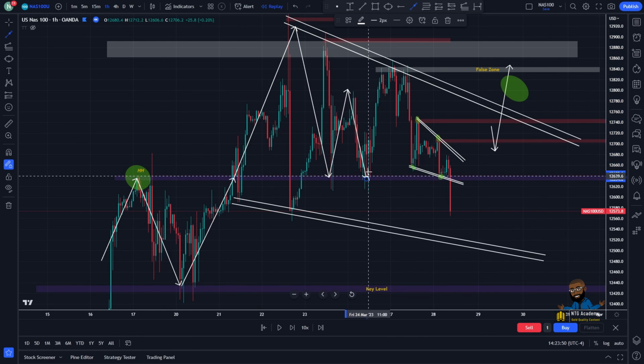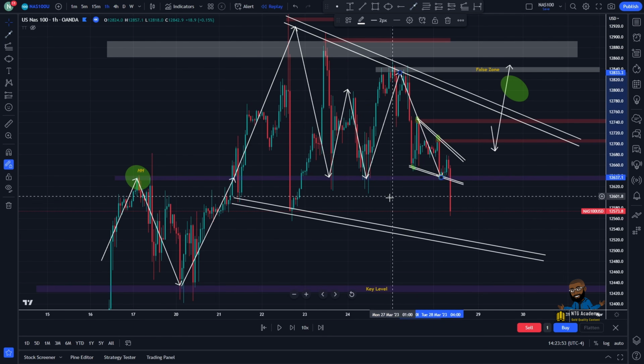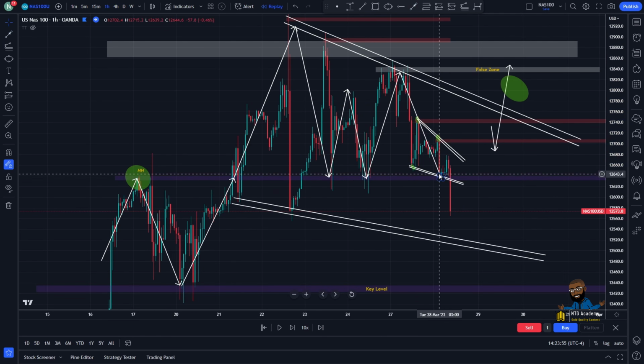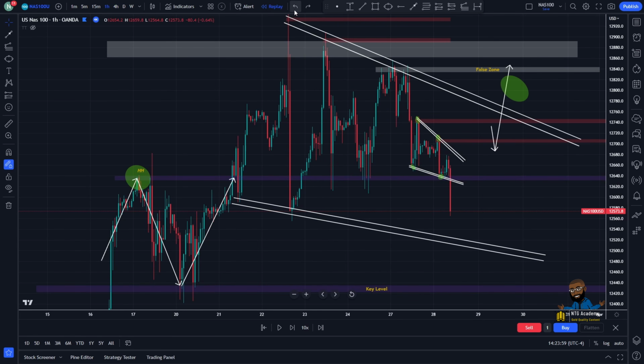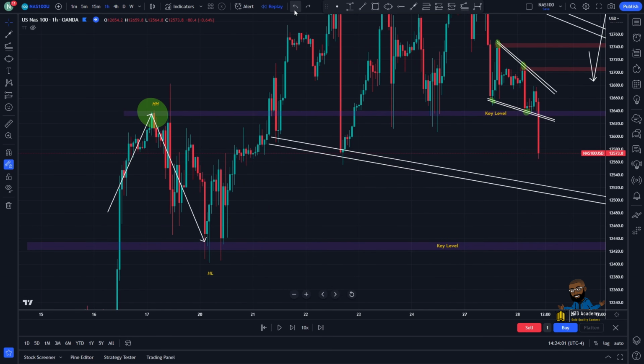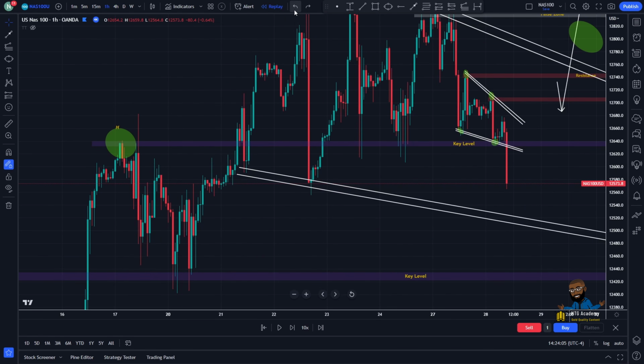So we had 1, 2, okay, and 3. Right, so this is where the market was approaching this key level, and I knew the break of this key level would be some nice temporary sells. Like I said, temporary sells, nothing too major. So let's go ahead and go back into the pattern.